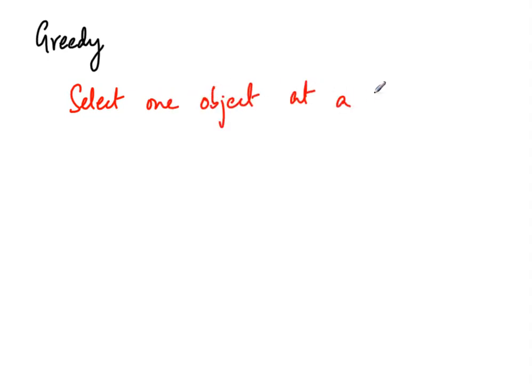On the other hand, sometimes we can do better. We can be greedy. So what we can do is we can just select at each time one object. How do we do this? Well, one possible way is that we fix an order to begin with. So for instance, we might decide to choose the biggest carton first, then the next biggest, and so on, and